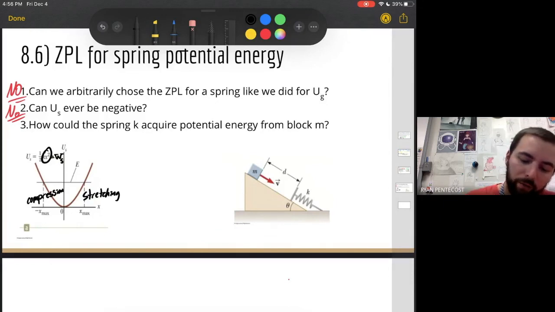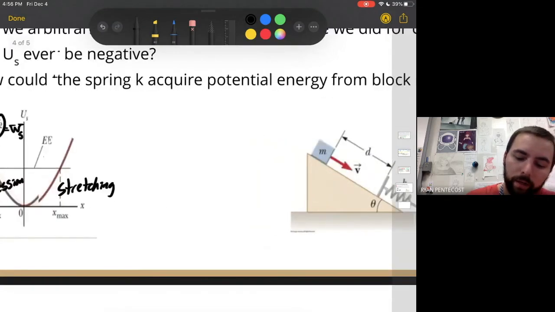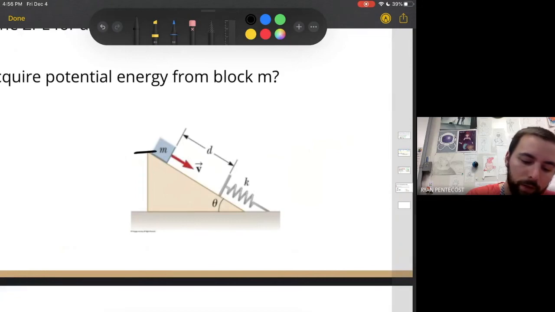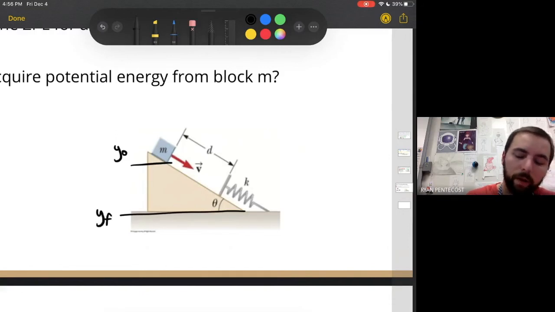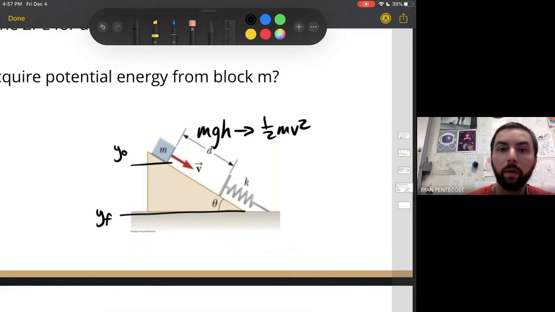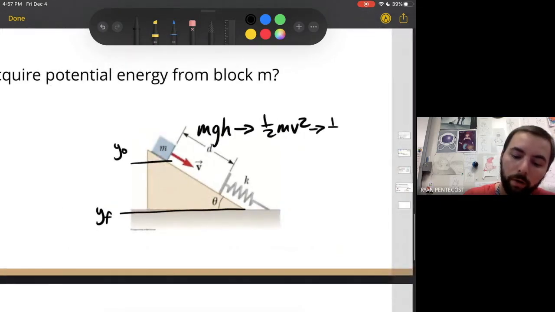So if we have, as that block moves down, right? Let's say that this, right, is our y initial, and let's say that as it compresses, let's say it compresses all the way down to the ground. That means I need to move that, right? We're looking at the bottom of the block. Then here would be the bottom of the block. That would be y final, right? That means that as that block moves, its mgh is converted to 1/2 mv squared. And assuming that there are no non-conservative forces, that would all go to 1/2 kx squared as it compresses the